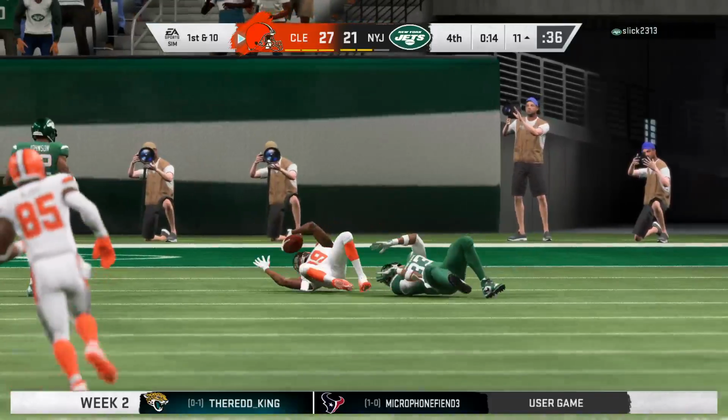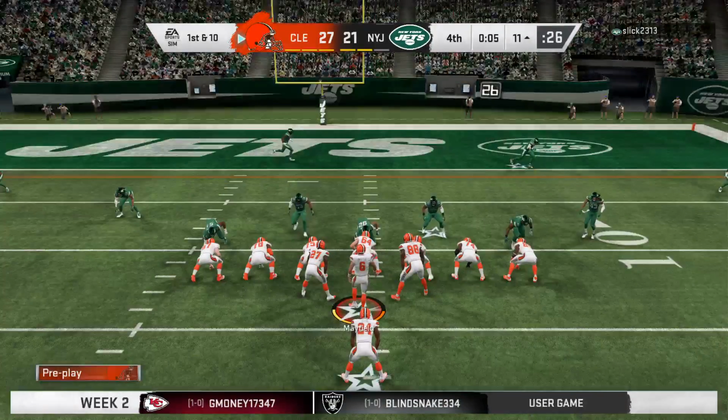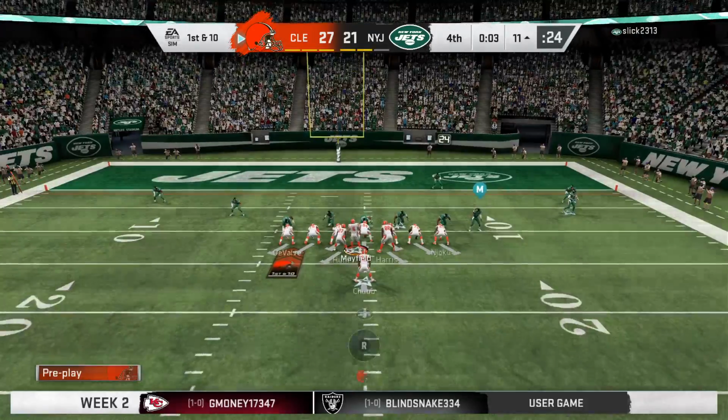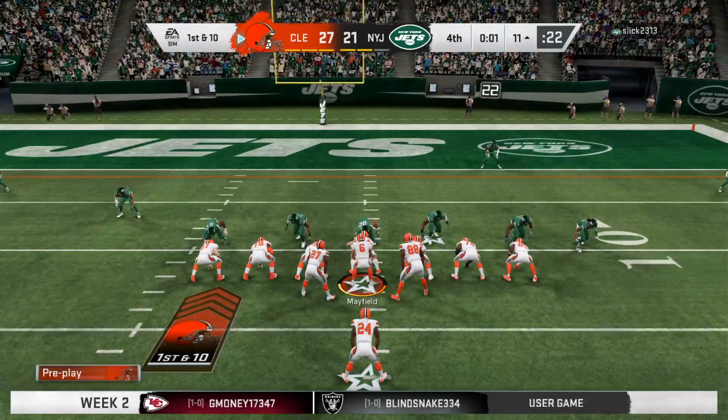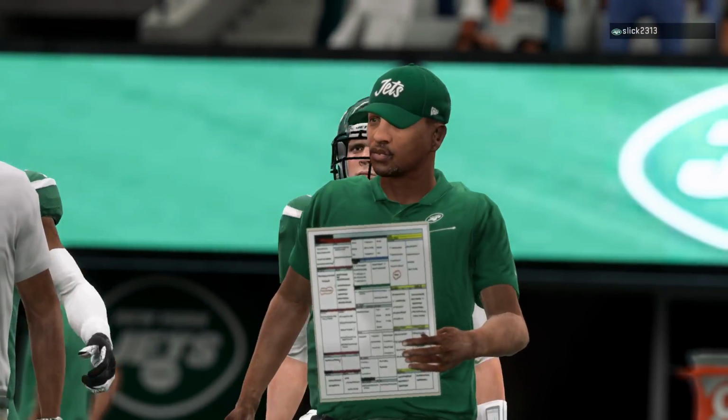A big pickup there, and without question, that should be more than enough to wrap this one up. So how about this for field position after the big play? Inside the 15 now as they come up on 1st and 10. So Cleveland able